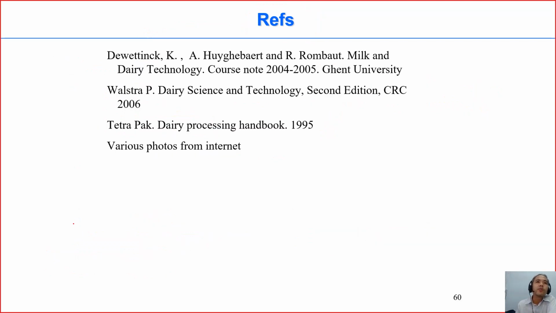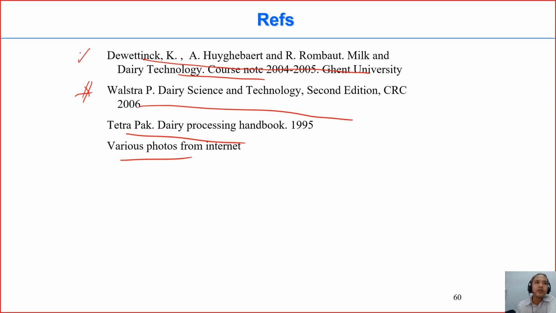Okay, so we are just done with the third part of chapter 7. In chapter 7, we talk about dairy products, that we have a number of products, but we have just finished up to now a half of the chapter. And these are the references for you to read further. This is the important book. And this is the Cosmos from my professor in Belgium. I studied there. And this is actually my professor. So you can always look somewhere for the notes to read more. Okay.